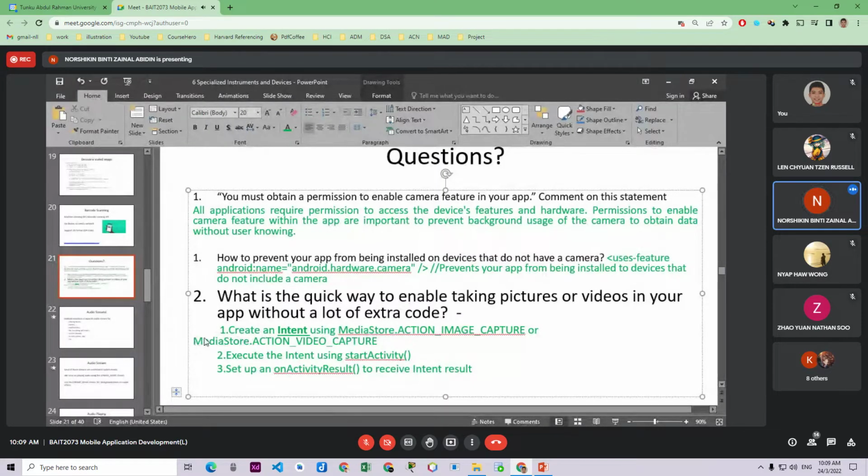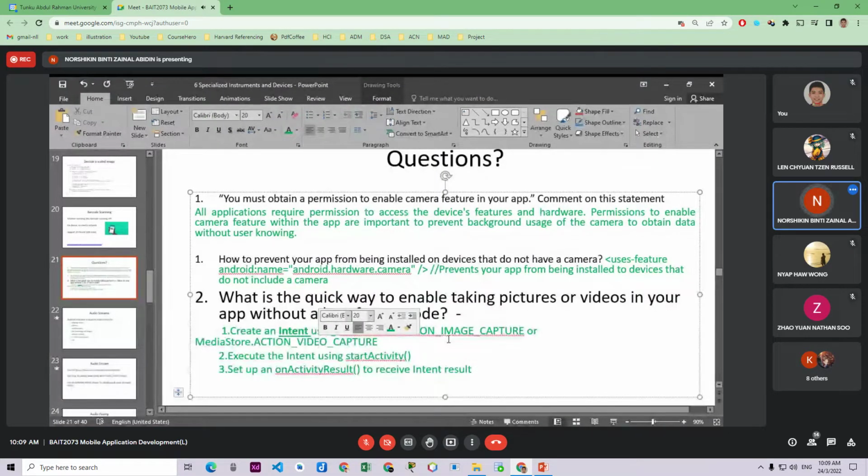It is step by step actually. First, of course, create an intent. Intent is the message object. We can have two functions, image capture or video capture, two different functions. Second is start your activity, if you want to take an image or if you want to take a video. And the last one is the return result, the response. Like I said, the return result here is your photo or even your video.